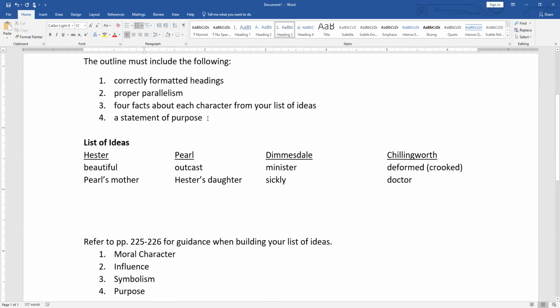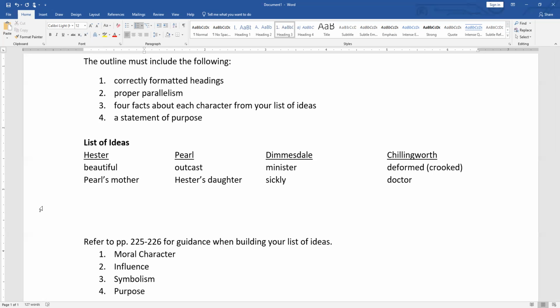Oh yeah, the statement of purpose. All right, this is not hard. The statement of purpose is in section 46.3, letter B, where it says write out your purpose. This is on page 195 of your handbook. Your statement of purpose tells how you intend to treat your subject. So sometimes you're saying that you're going to explain, narrate, describe, etc. In this case,